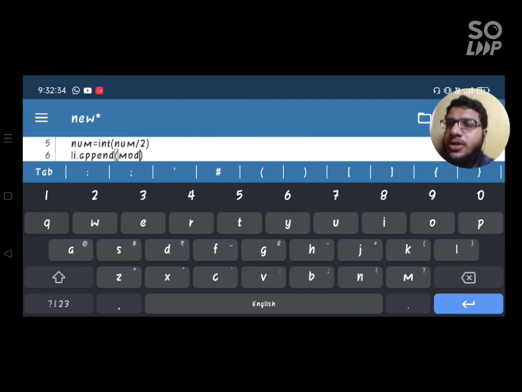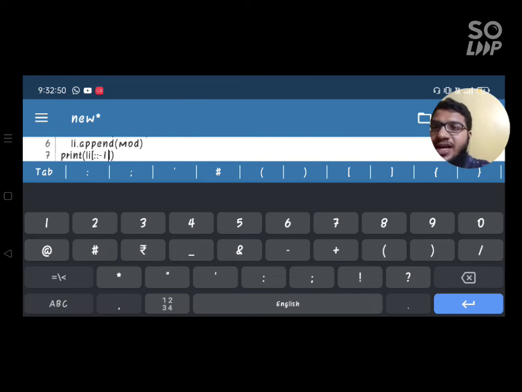Okay, now I will print the list: print, bracket open li, and then the square bracket, and then I will use colon colon -1. Why have I done this? It reverses the list. For example, if the list is 1 2 3 4 5, it will reverse the list and it will be 5 4 3 2 1.